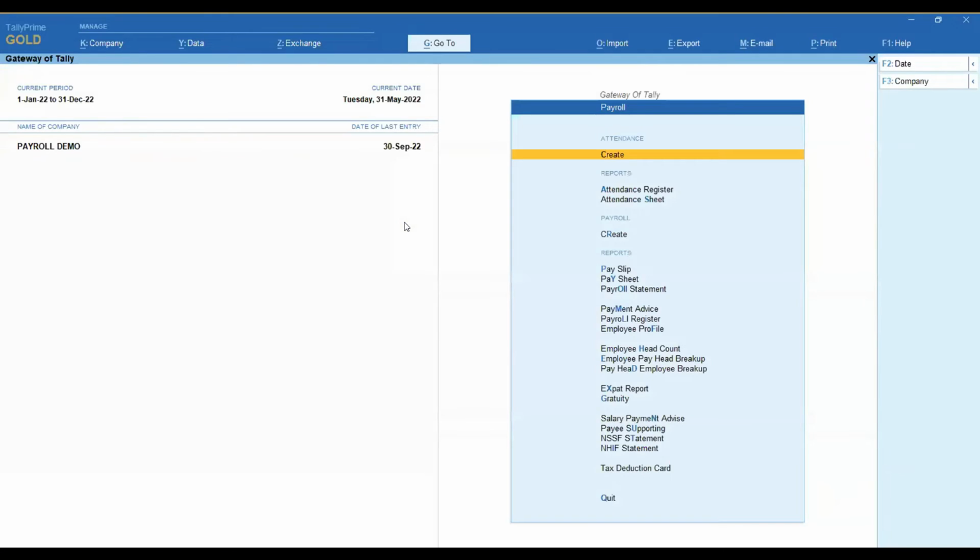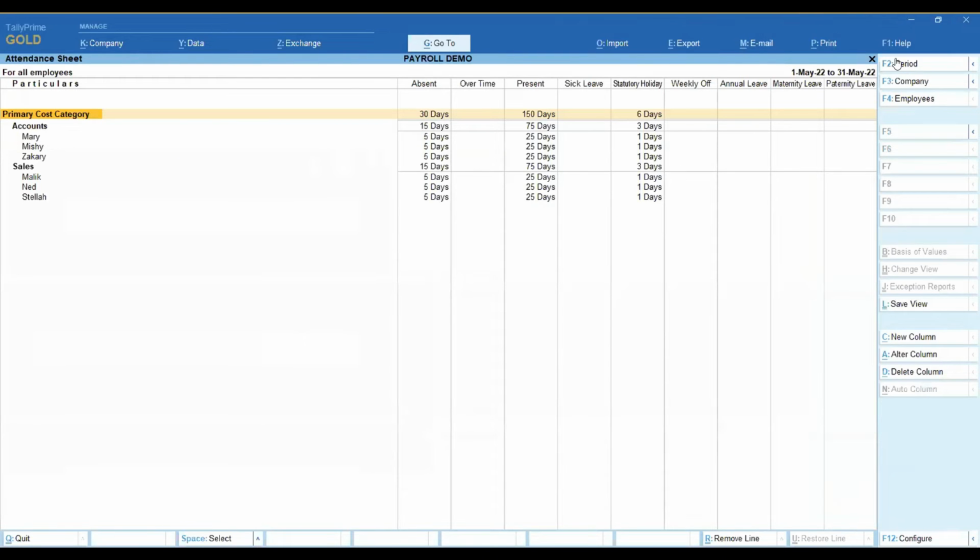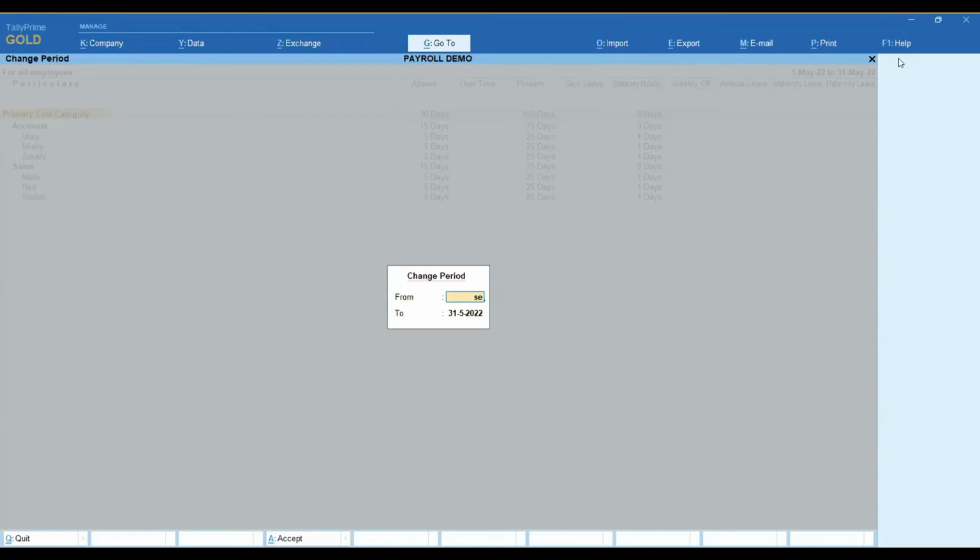So after you've done the attendance, there's the attendance report down here, just below it. You can see this attendance report. You can select for the month of September,